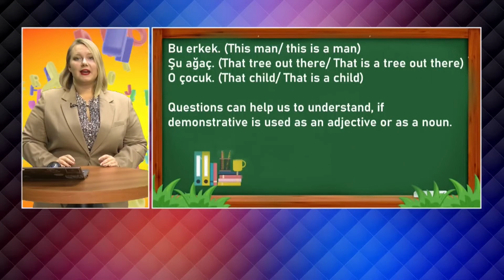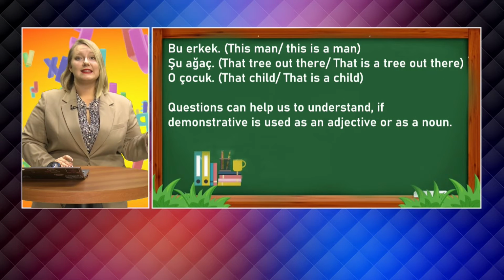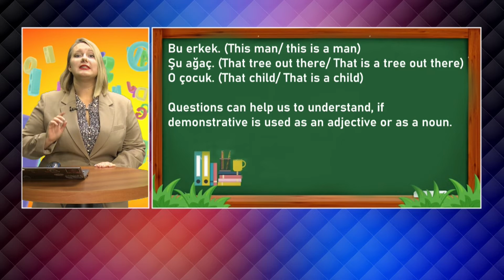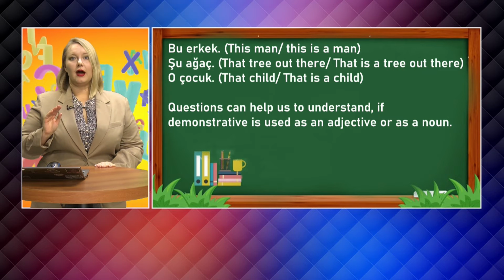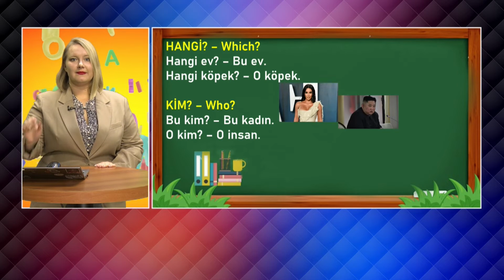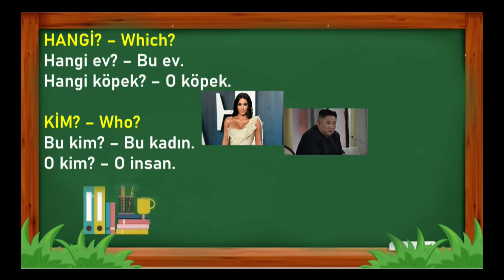But how can we understand, is it "this man" or "this is a man"? Questions can help us to distinguish our adjectives and nouns. We will learn three questions now. First of them is hangi, which. As an example, hangi ev,